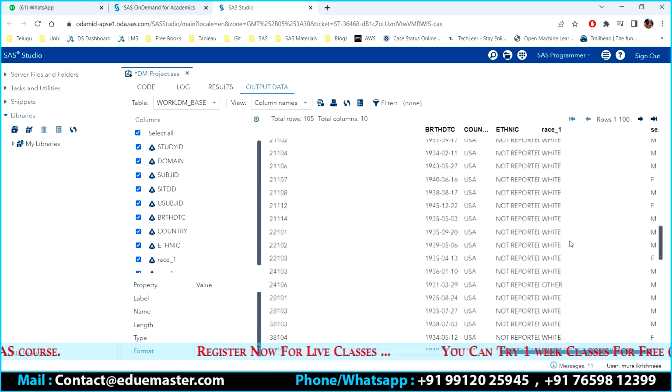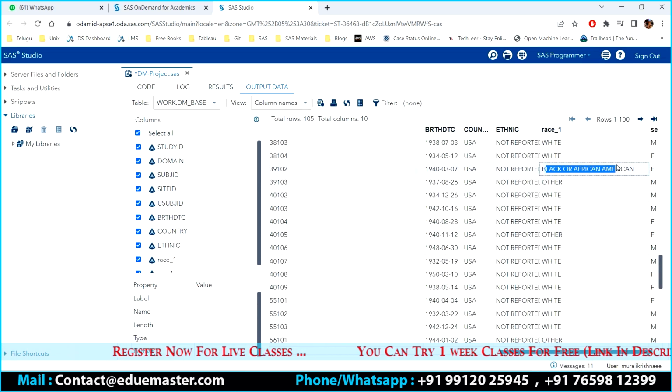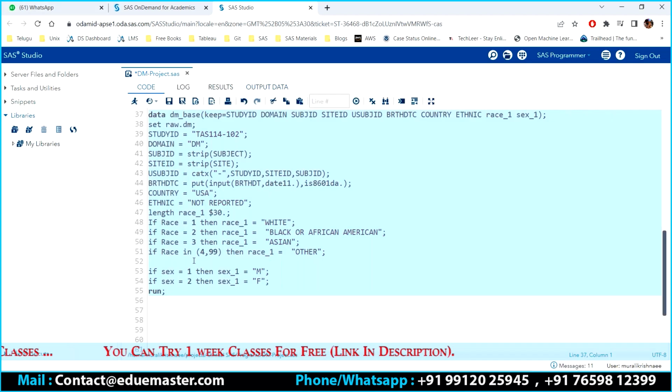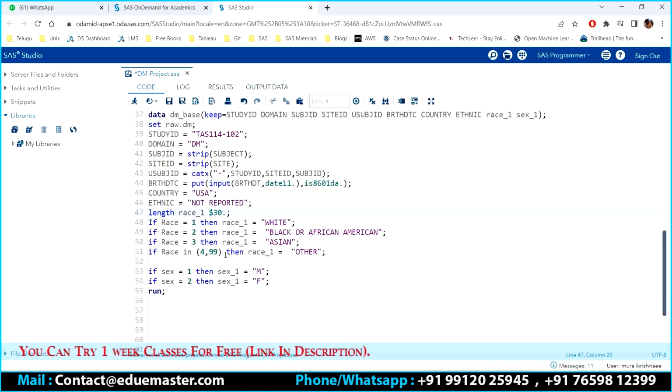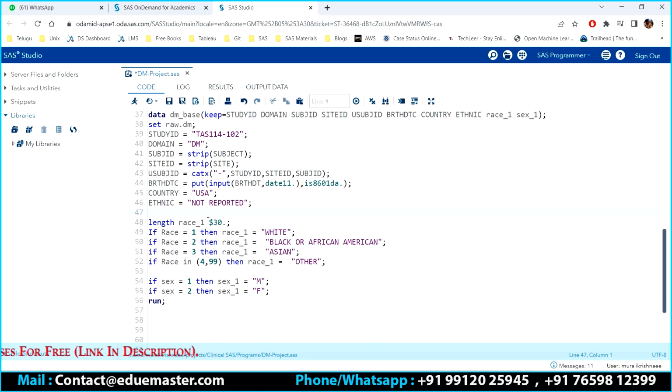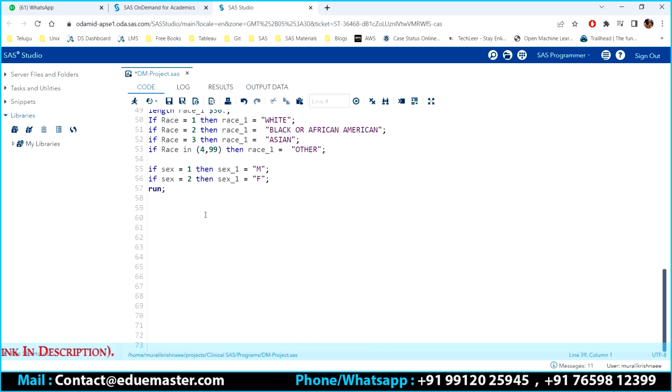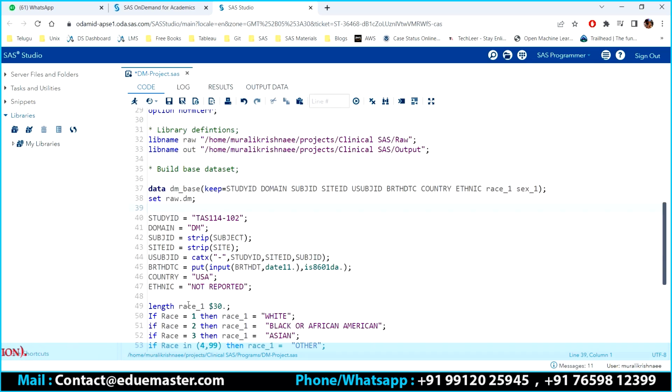White. Now you can see black or African American is also coming properly. All right. Murli can ask me, Murli, why you have mentioned it here. I just want to go with the same order. So that's the reason I have defined it here. Nothing else. No other specific reason. Okay. So far, all of you are with me,